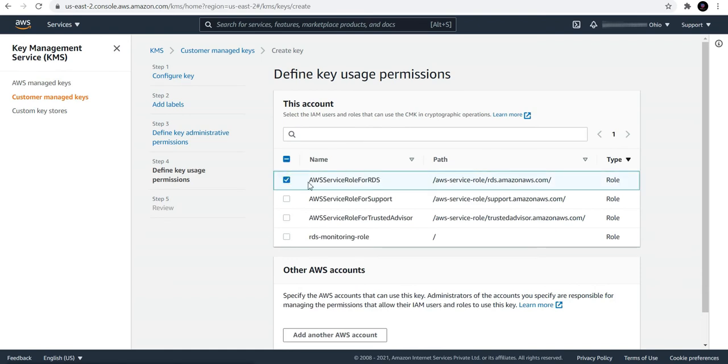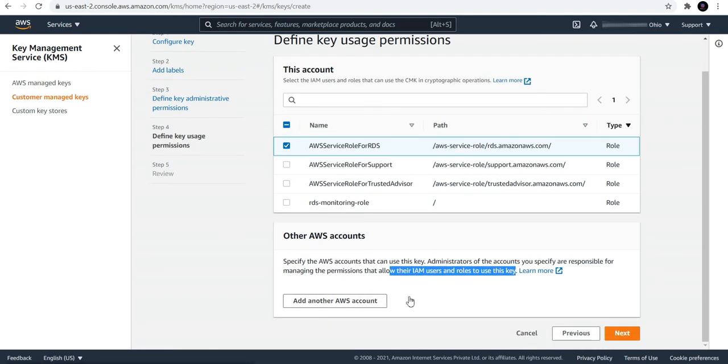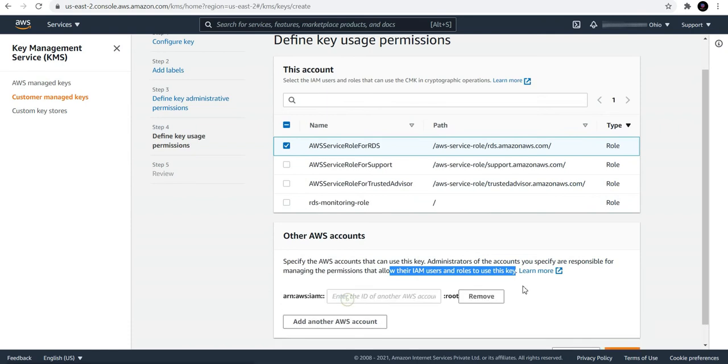Let me select this and specify the AWS accounts that can use this key. Administrators of the accounts you specify are responsible for managing the permissions that allow their IAM users and roles to use this key. So what needs to be done? We need to add another AWS account.